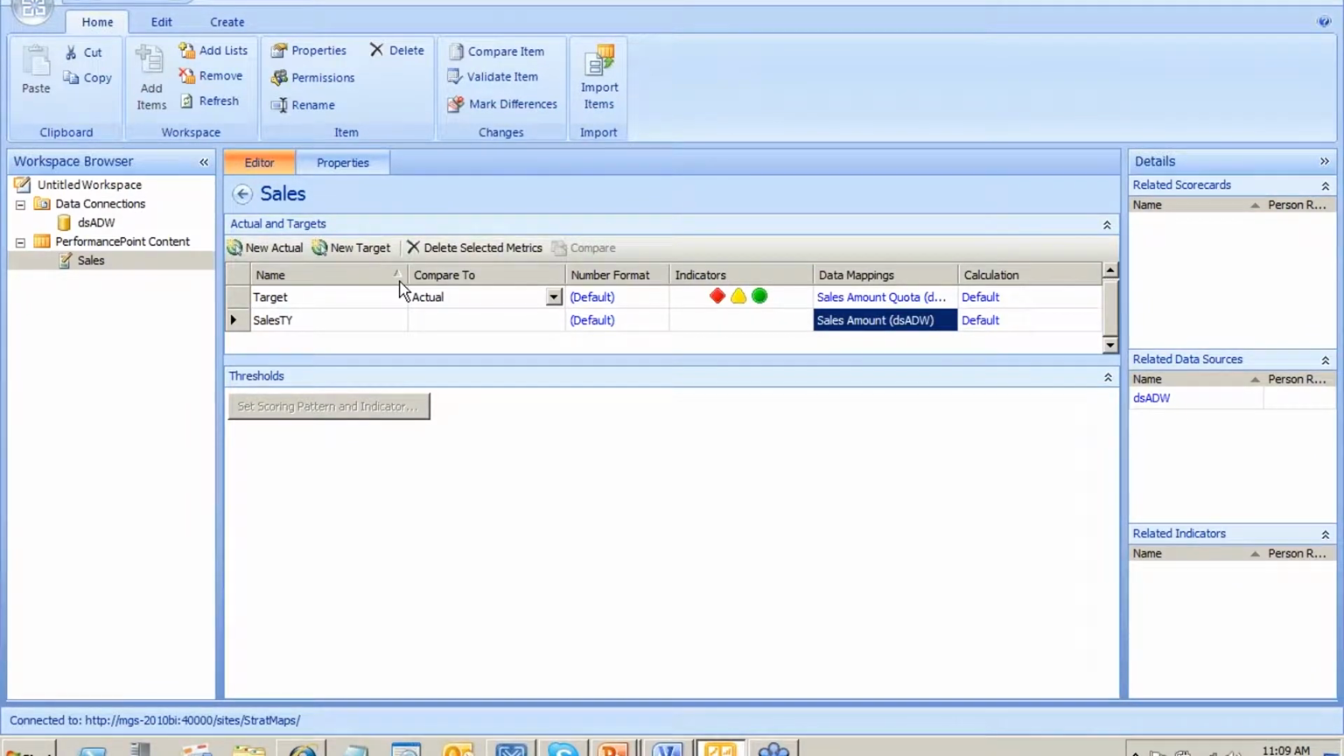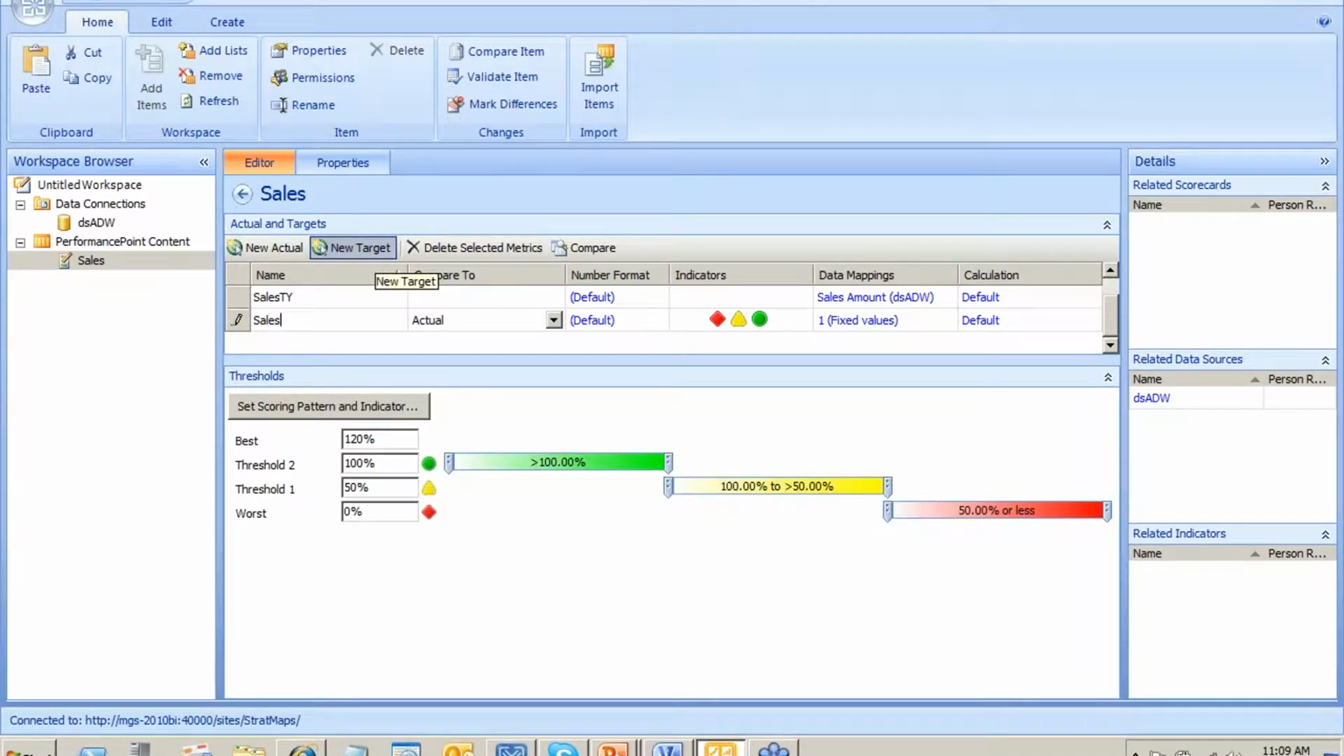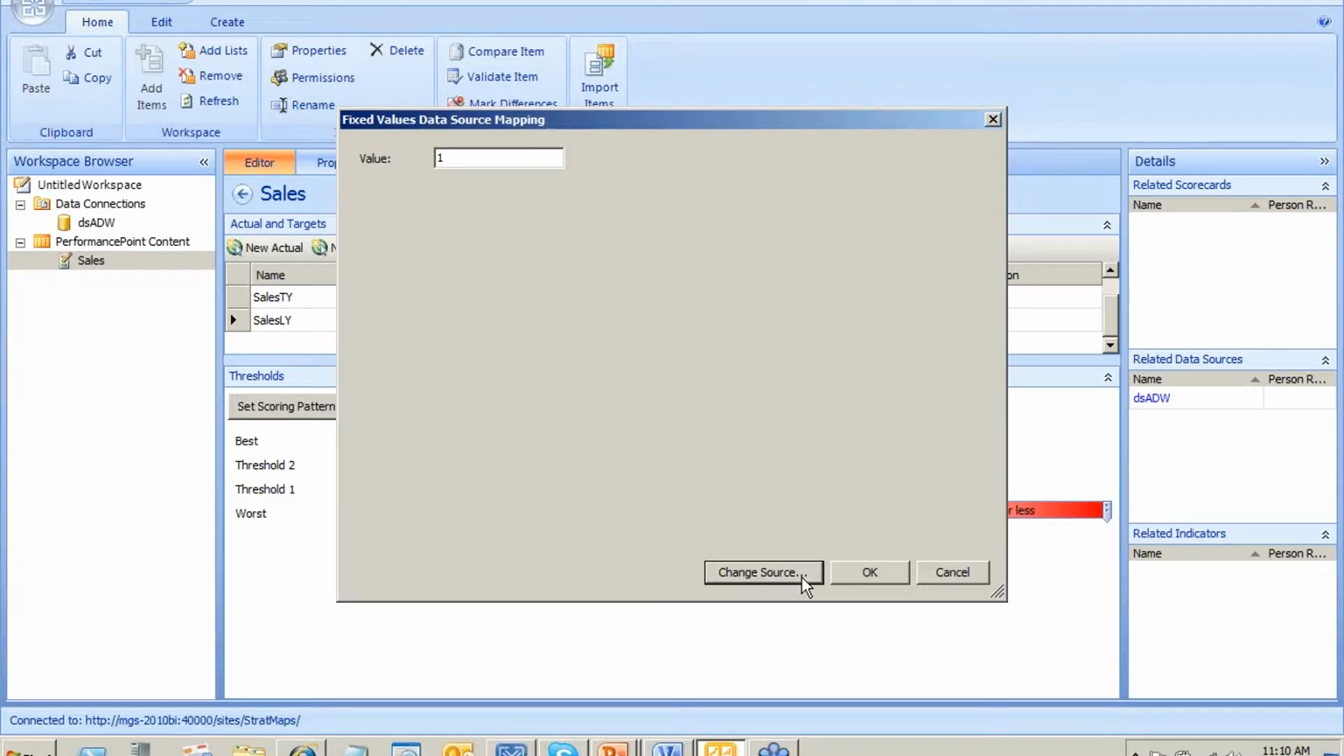Now, I know what my sales are for this year, in this case being 2008. What I want to do is say, how have my sales done compared to last year? So I'm going to say new target and go sales LY for last year. We want to change what we're comparing it to. We want to compare it to this year. And we're going to hit data mappings, change source,